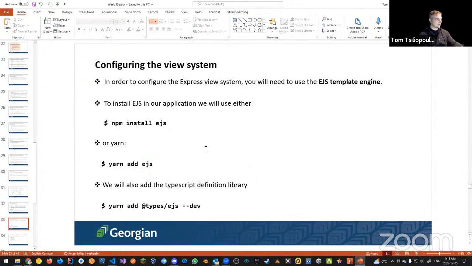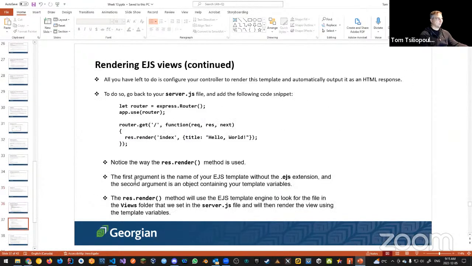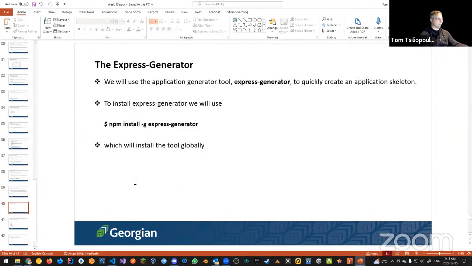Okay. So instead of installing EJS, this basically talks about how to do it, and I'm just going to skip this piece because it talks about how to set up our view engine and all that kind of stuff. I'm not going to do that here. Instead, we're going to jump to the Express generator, which is where I want to get to today for the remainder of the day. I want to work on the Express generator.